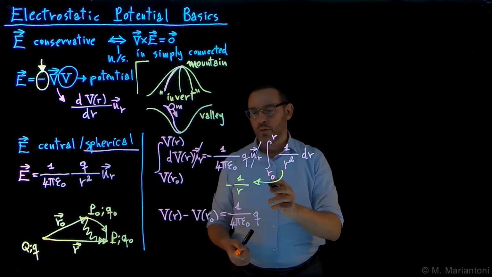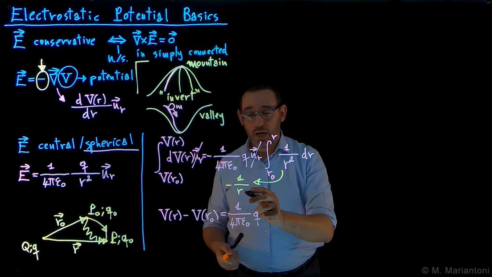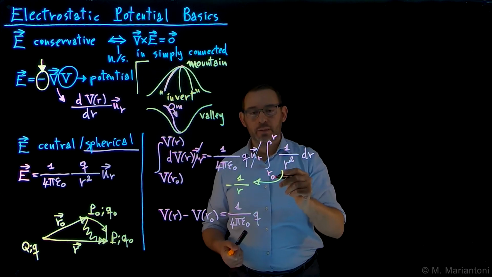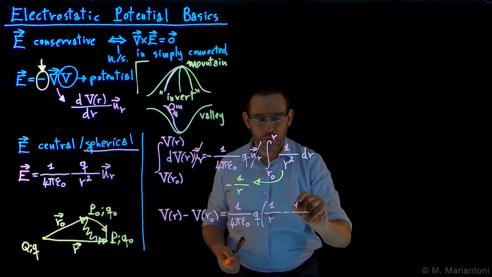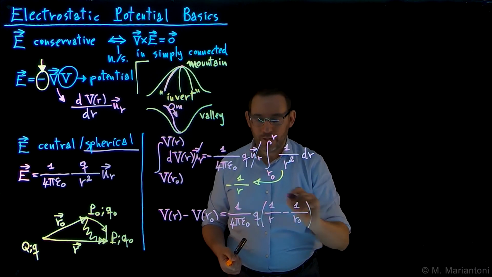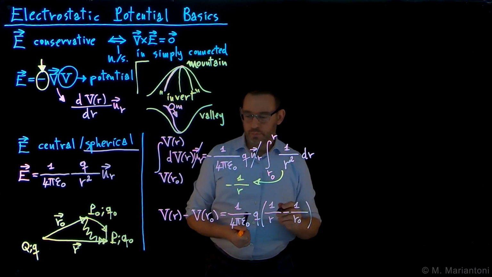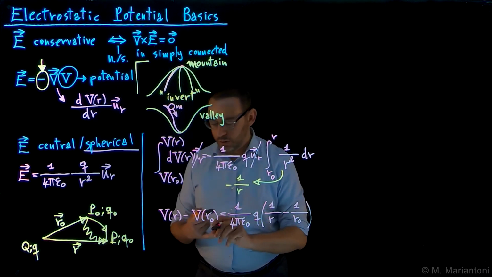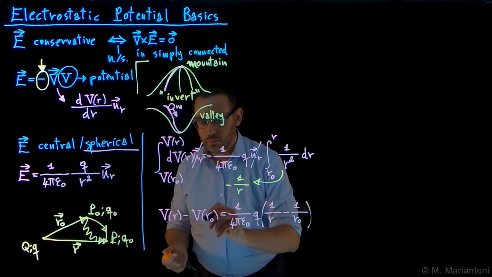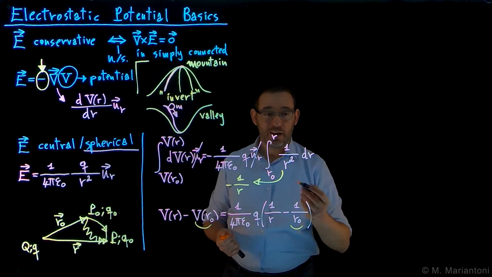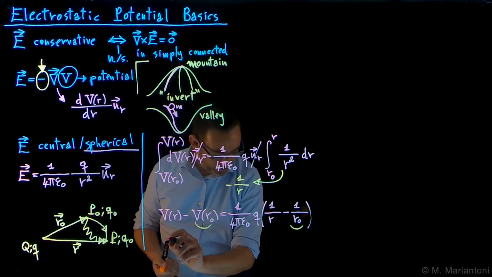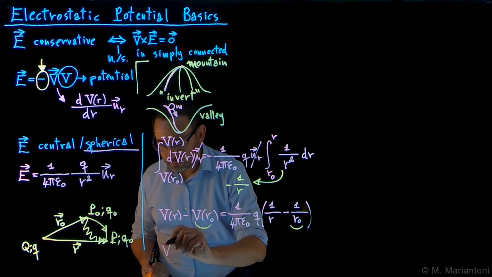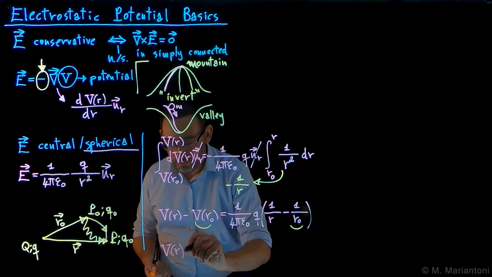What about here? Well, the minus sign cancels, so we have 1 over r integrated between r naught and r. So it's going to be, at the final point, 1 over r minus the initial point, which is 1 over r naught. All right, so now we know that this quantity here, as well as this quantity here, are constants. So we can group them all together and obtain down here the function which we wanted to find, V of r,